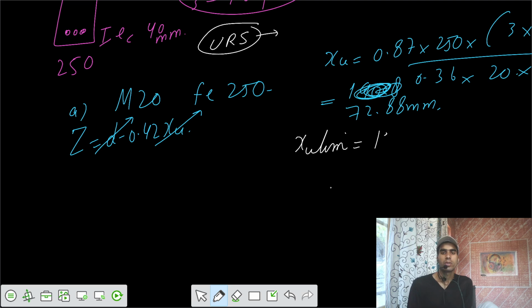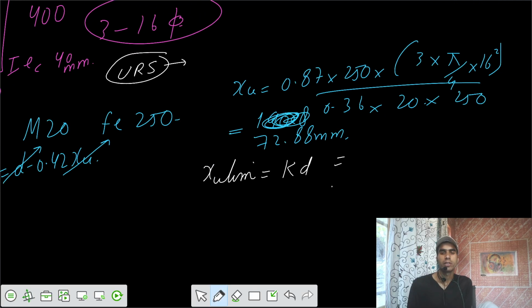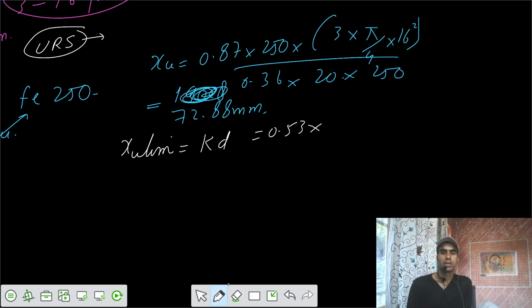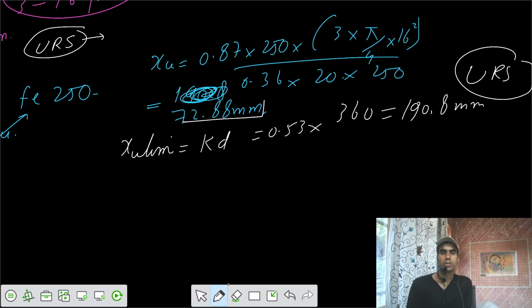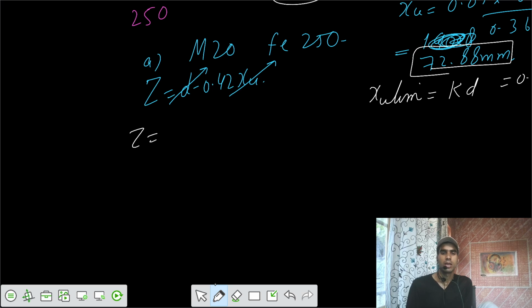So XU limiting equals K times d, and for mild steel we have 0.53 of that small d, the effective depth. So effective depth would be 360. Can we say that small d would be 360? 400 minus effective cover, so that is 360, and XU limiting comes out to be 190.8 millimeters. So the section is under reinforced, so you can take X equals XU actual, 72.88. So let's write that Z equals d minus 0.42 XU actual, and that value Z equals